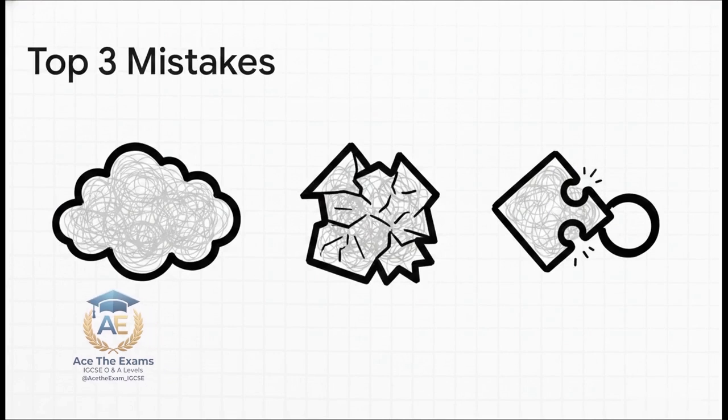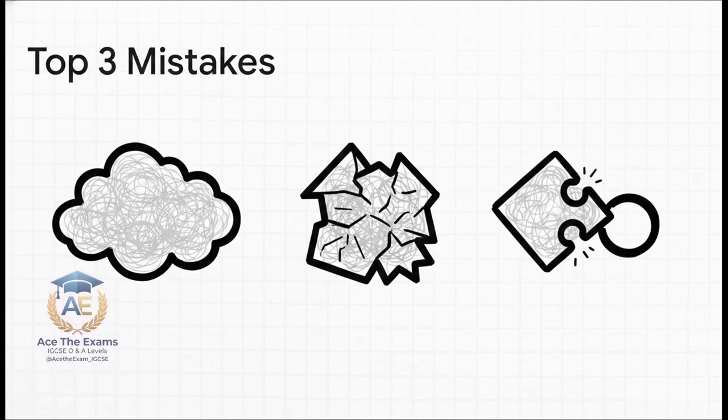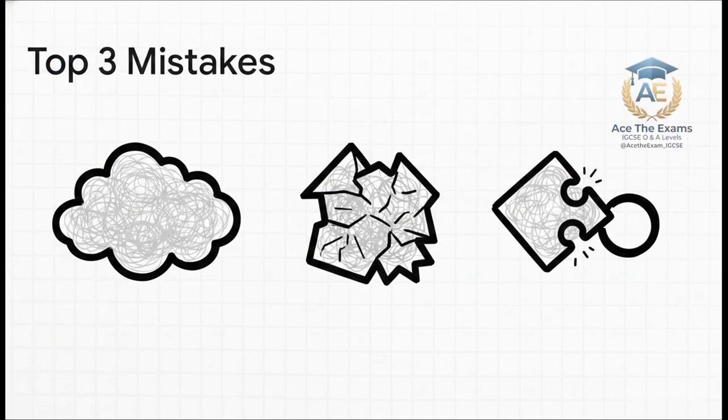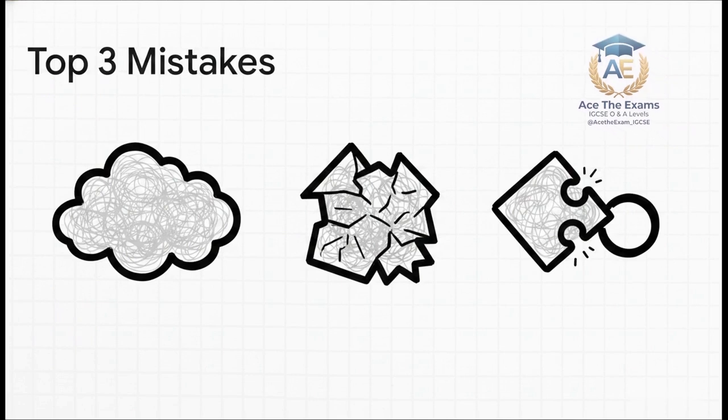Trap number 1. Answers are too vague. As we just saw in our workshop, if you aren't using precise terminology like cost of production or consolidated net profit, you are invisible to the examiner. Trap number 2. Forgetting format and presentation conventions. The examiner's eye is trained to look for a logical, step-by-step flow. If your manufacturing account looks like a jumbled math scratchpad without proper subheadings for prime cost and overheads, they will